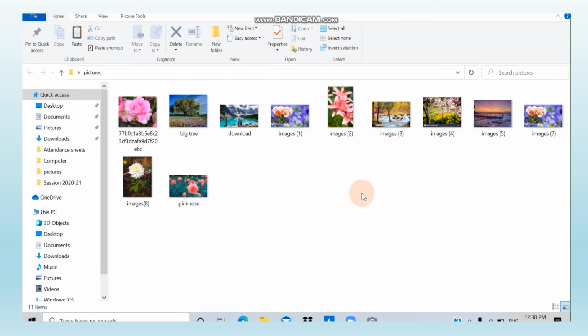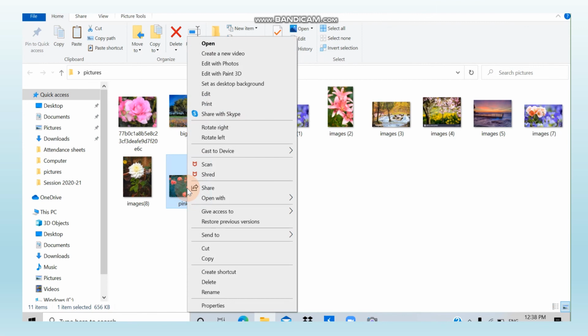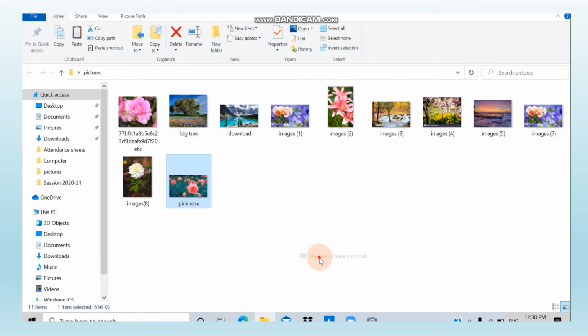What do I have to do? I have to just click on any picture. Suppose I am selecting this picture. Then I will right click on it. Then I will go to the send to option and then desktop create shortcut. I will click on this option. What will happen?